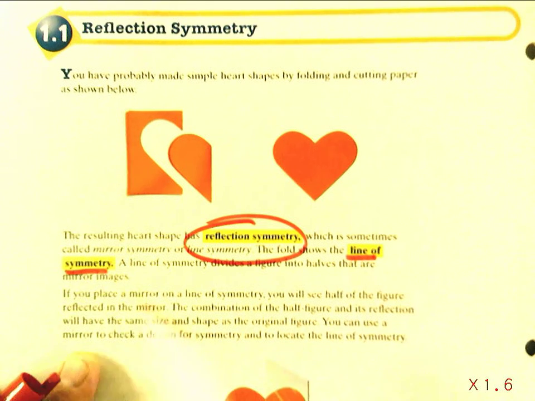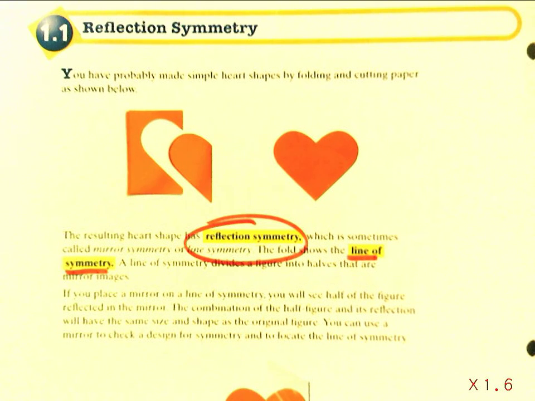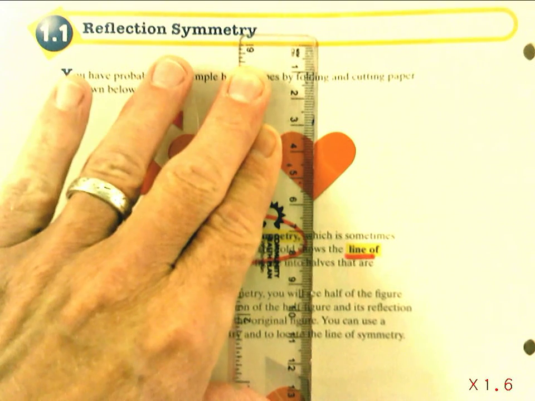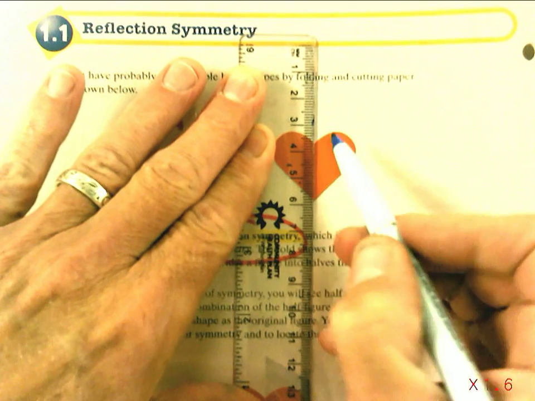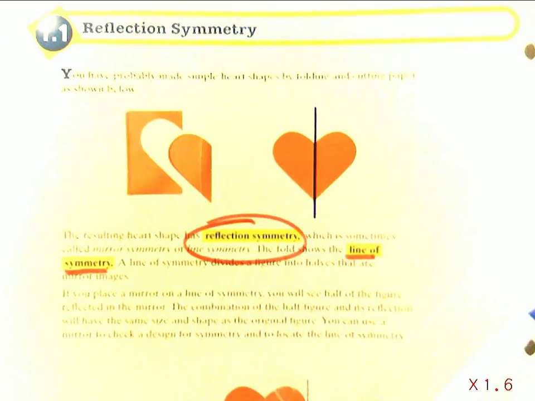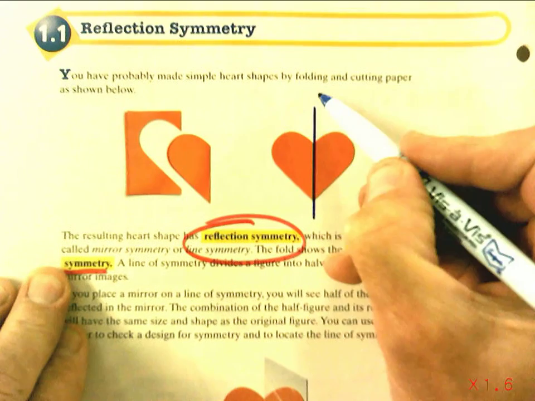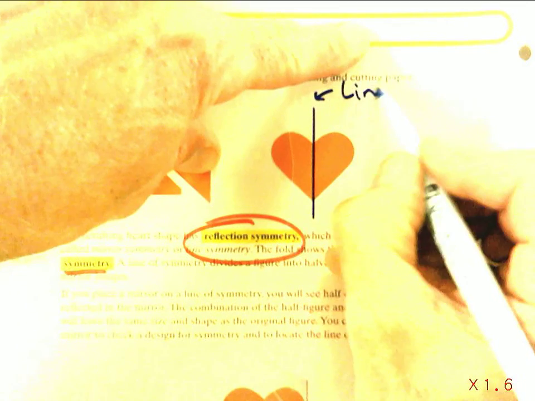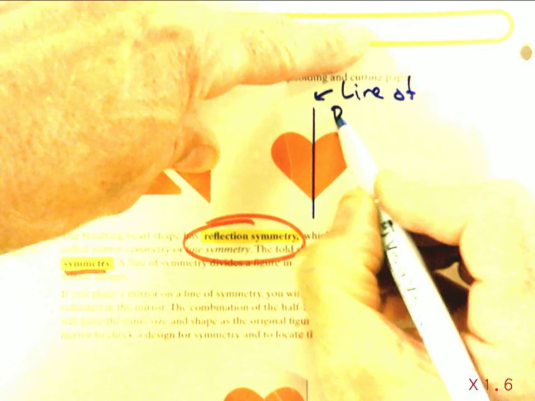So in this case I could take that heart image, because it has reflection symmetry, and draw a line right down the middle of it, and that represents a line. This line right here is my line of reflection